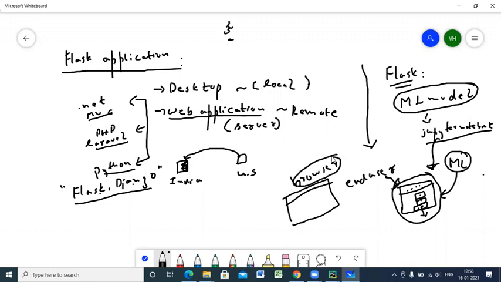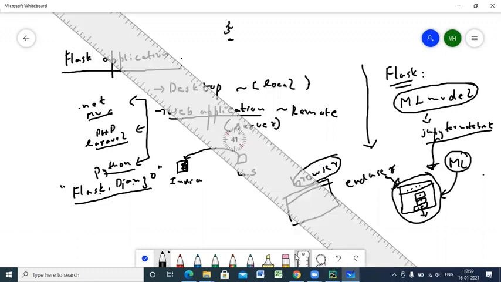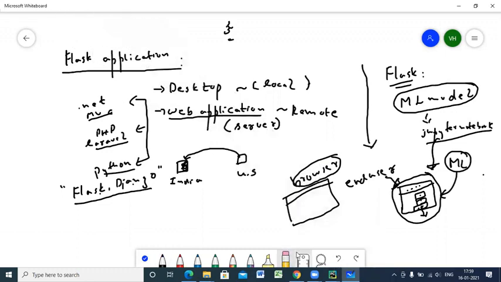So we must understand what the things to understand now are. The first is what is Flask. We got to know Flask is a framework. We can call it a framework, or we call it an architecture. It is a framework, an architecture basically used for Python programming. So this is question number one. Now the question number two, how does Flask work?